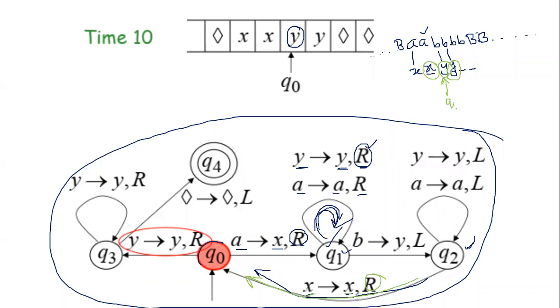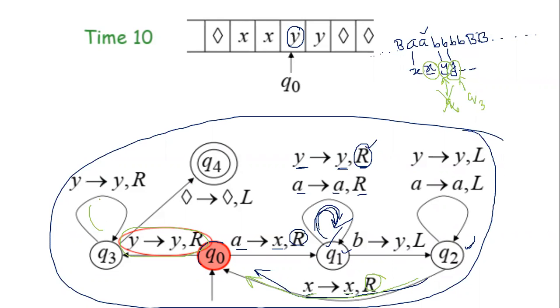When your state is Q0, you have got Q0 pointing to Y. Now Q0 pointing to Y means I will go on right once. I've got a Y. You see, that's why this transition function will not execute. Q0, now next state will be Q3. Q0 is gone.